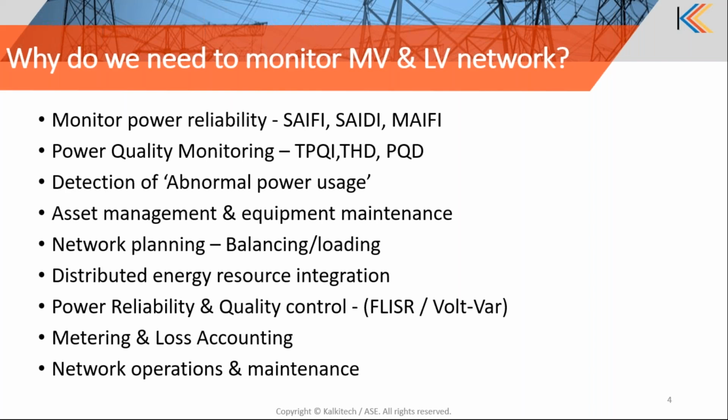So remote monitoring data and alarms from the system assets enable the utility to operate the network at a greater efficiency and improve safety, with a minimal number of power interruptions. It also helps in network planning, to get access to load and voltage data and decide if any fine tuning is to be done on balancing the load uniformly in the network, or how much DER power can be connected at a given moment. So these are the various use cases which require monitoring of MV as well as LV side. There is some amount of automation done on the MV, but the LV side was totally ignored, and that leaves huge gaps in knowing these exact indices